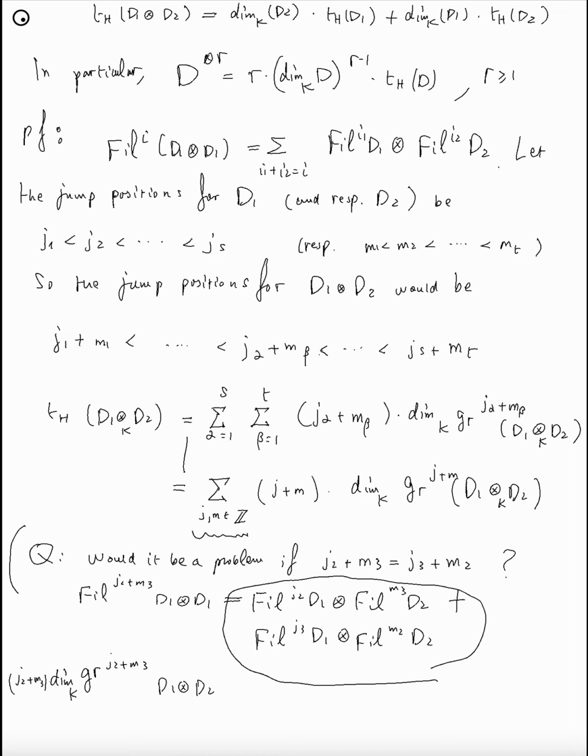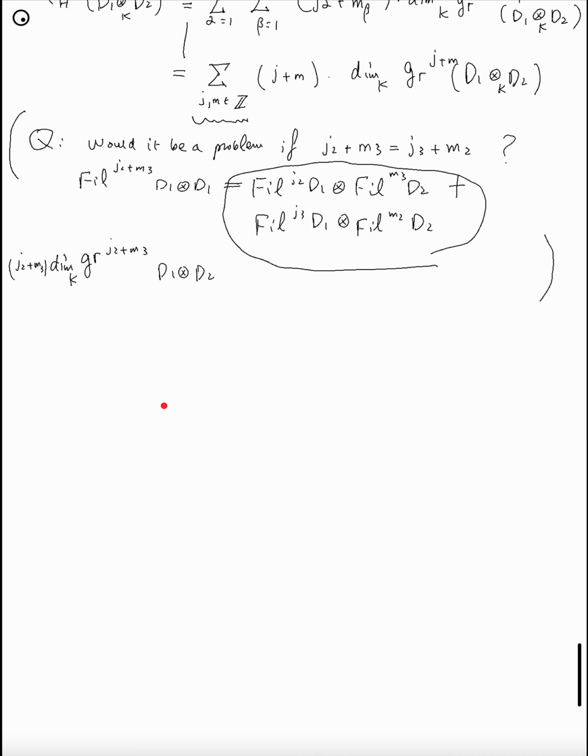Wait. Or we should count it twice. So let's postpone this for a while. Let's continue to compute this. How do you compute this? Now observe that the dimension of the graded piece J plus M of D1 tensor D2